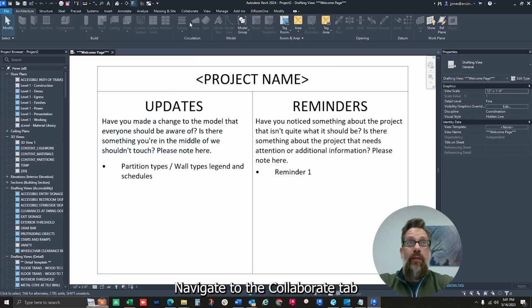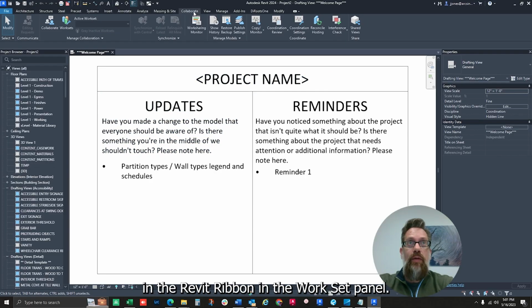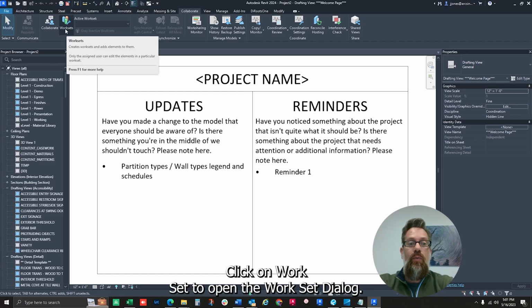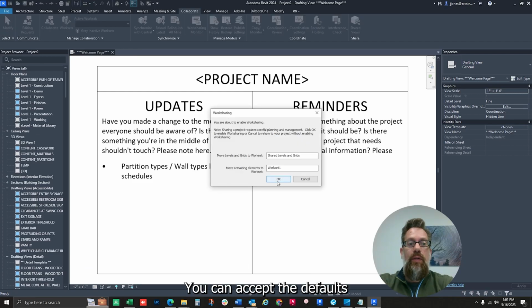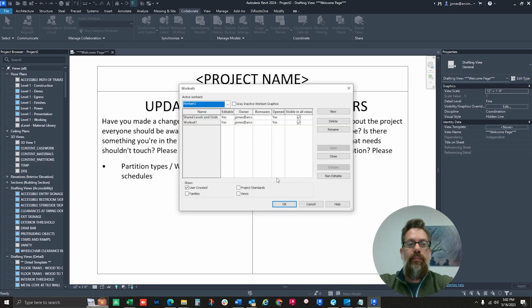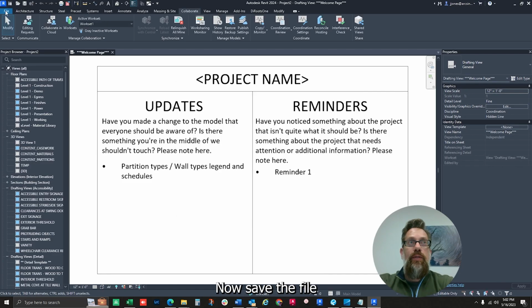With the new project open, navigate to the Collaborate tab in the Revit ribbon. In the Worksets panel, click on Workset to open the Workset dialog. You can accept the defaults and click OK to enable worksets. We're going to keep all of the default settings and click OK to the worksets settings. Now save the file,